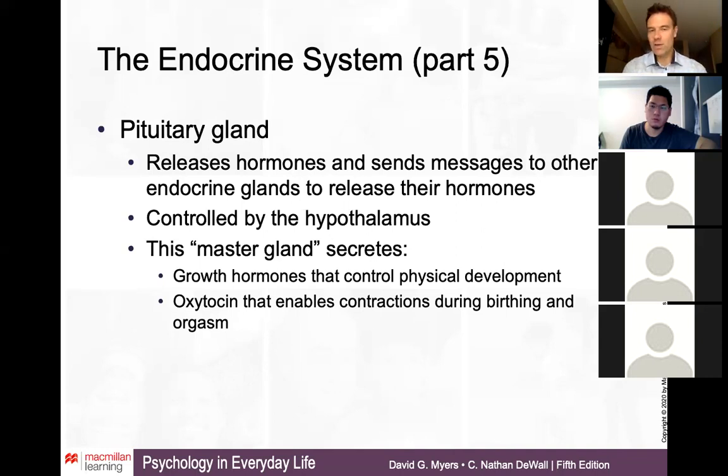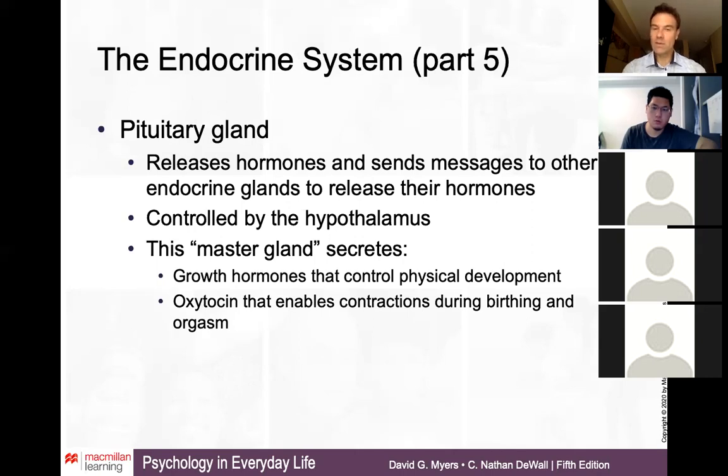I mean, that was about 400 years ago. We can forgive René Descartes for such a blunder, but today we know that that's not the case. We know that the pituitary gland is a master gland that controls many other glands throughout the body. And here, part of its function is to control growth hormones that are responsible for physical development,